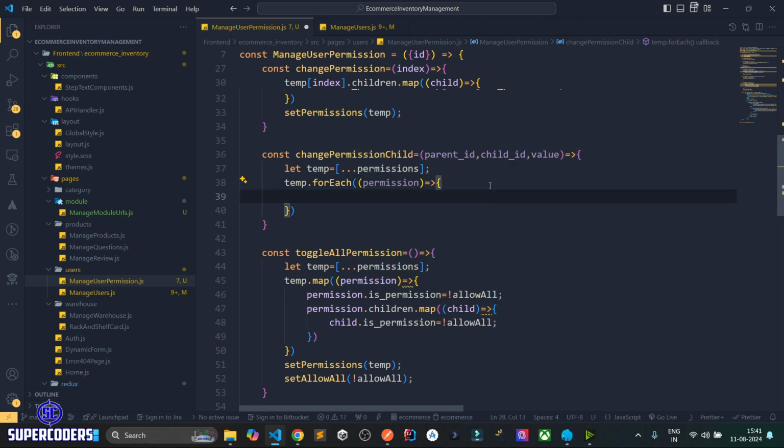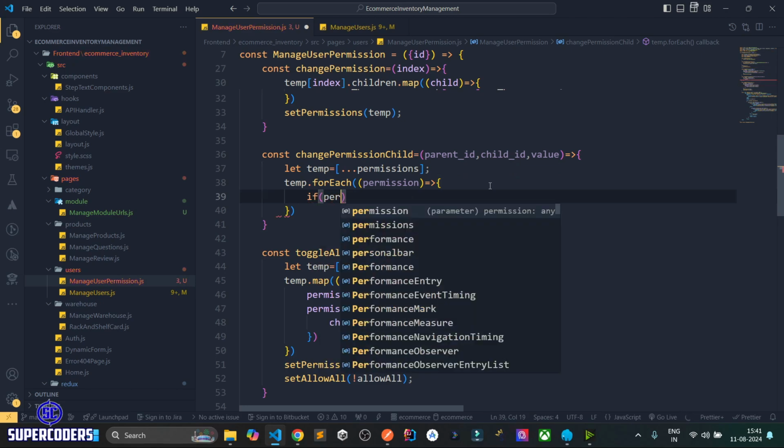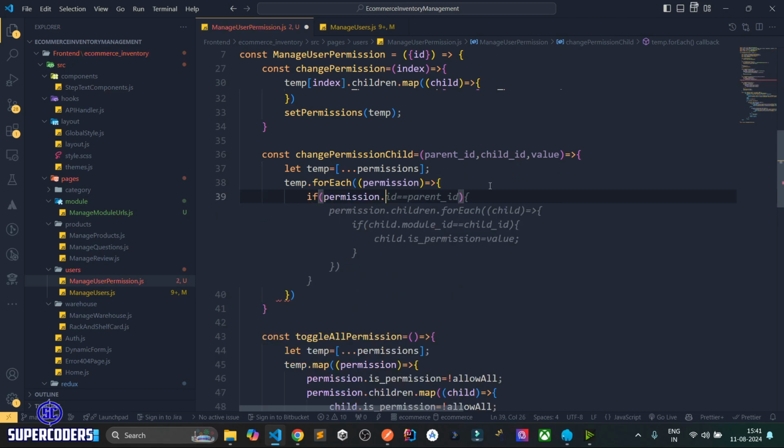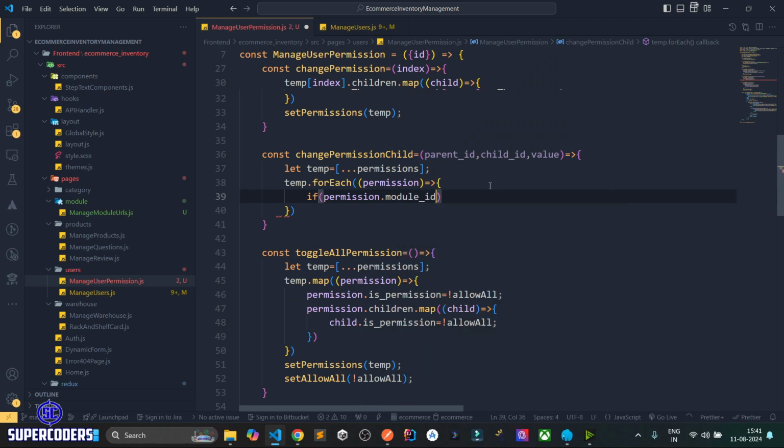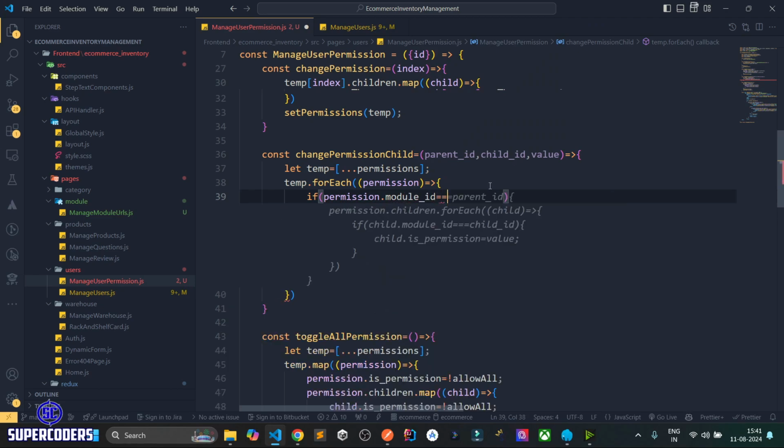Then if permission.module_id equal to parentID, then in that case